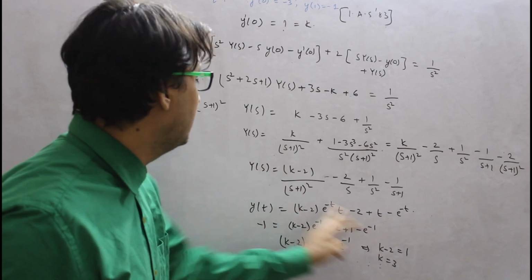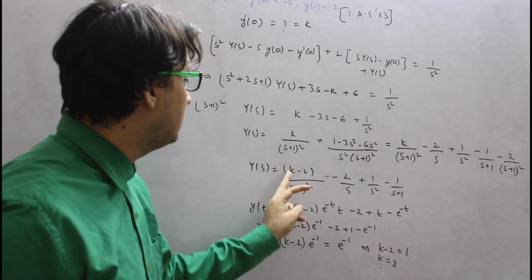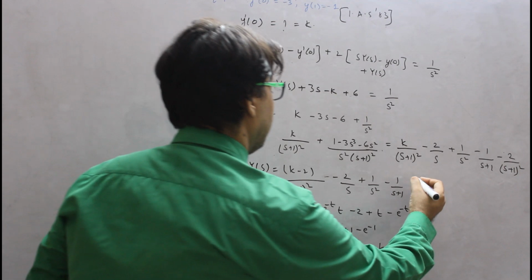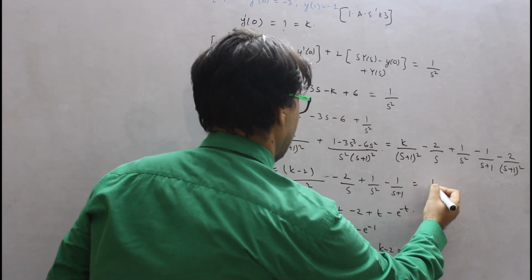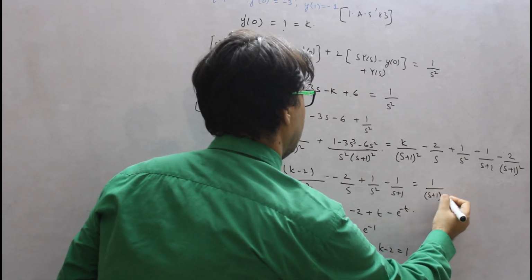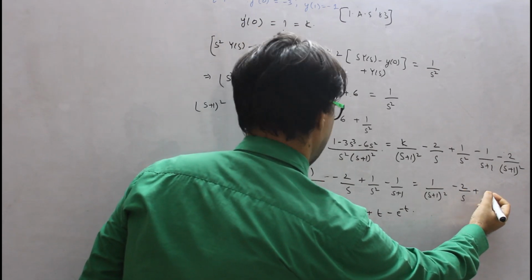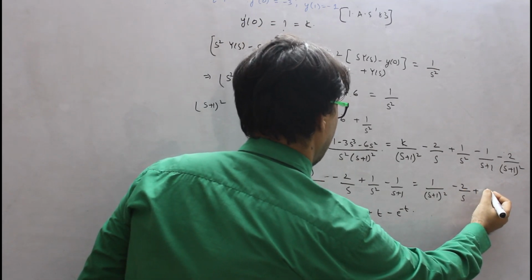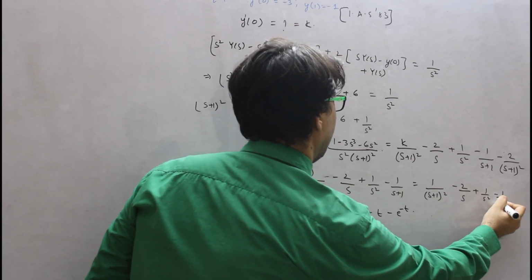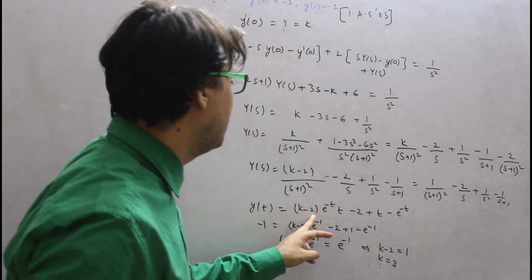We can straight away plug in here. So this is 3. 3 minus 2 is 1. So we can write it as 1 by (s plus 1) whole square minus 2 by s plus... how much? 1 by s square minus... actually I have repeated it, I shouldn't have done that, I should just